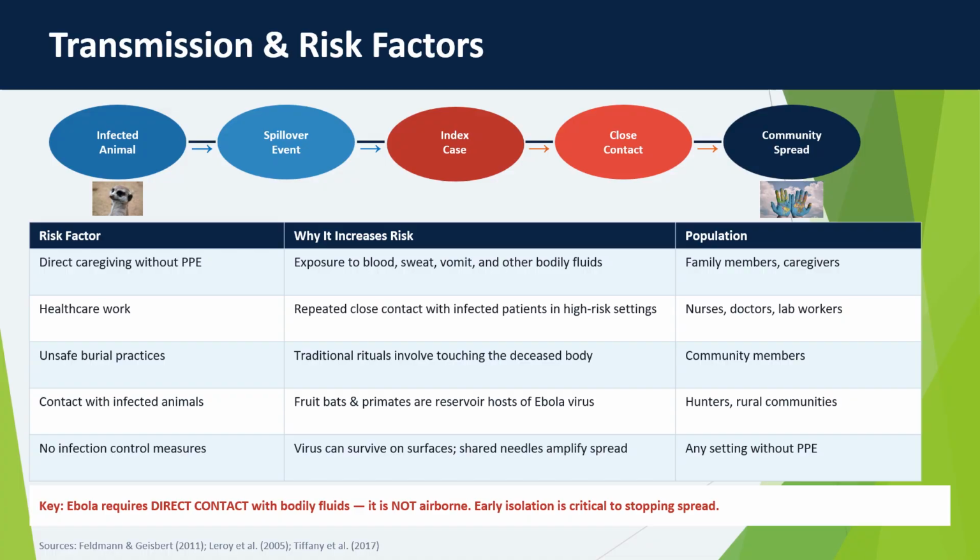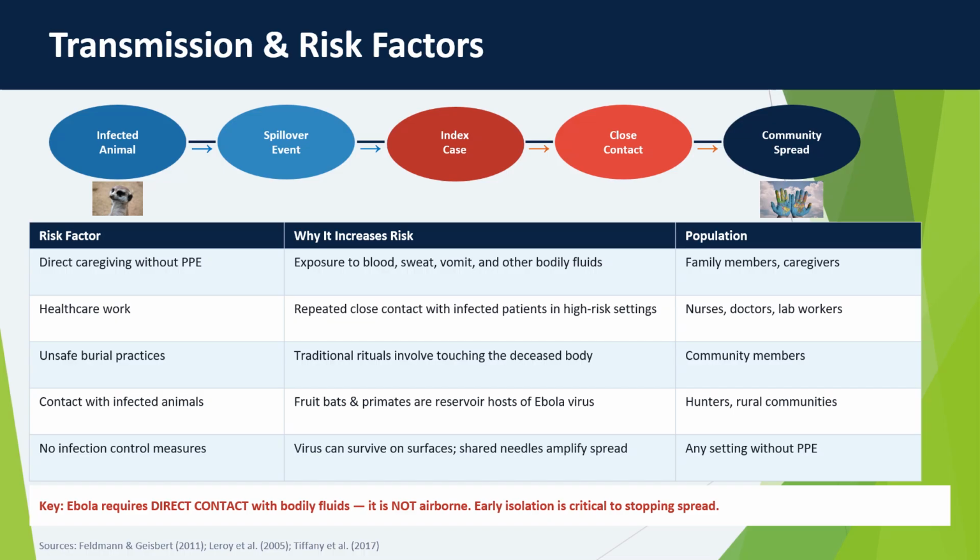Understanding how Ebola spreads is essential for the public health response. This diagram shows the transmission chain starting with an infected animal, usually a fruit bat or a primate, which serves as a natural reservoir. A spillover event occurs when a human comes into contact with that infected animal through hunting, handling bushmeat, or environmental contact. This human becomes the index case. And from there, the virus spreads person to person